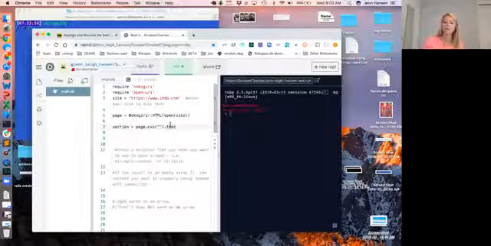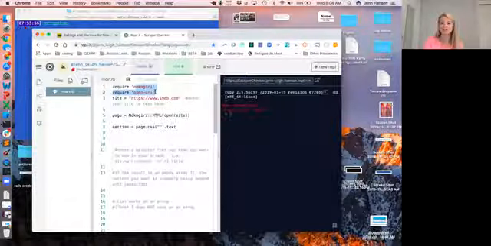So for scraping to work, we do need 2 gems to be involved. And so the way that we would deal with that in a REPL is we would require Nokogiri and we would require OpenURI. Anyone know what these gems are doing or what they're responsible for? No. That's okay. And some of you might not have covered this section yet, but OpenURI is going to be the one that gives us the